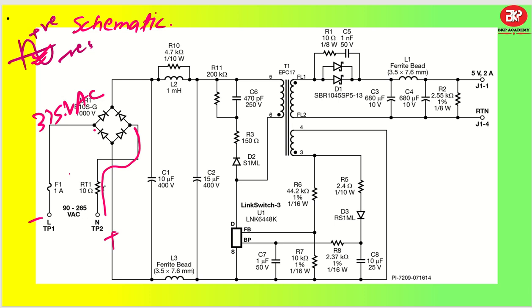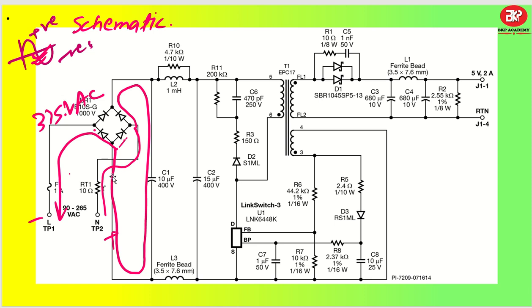And then it will take this path and go to this capacitor and come back like this, and here it won't go this way. It will not go in this diode because this is already neutral. So it will go to line and get completed. So this is the path of the negative half cycle.